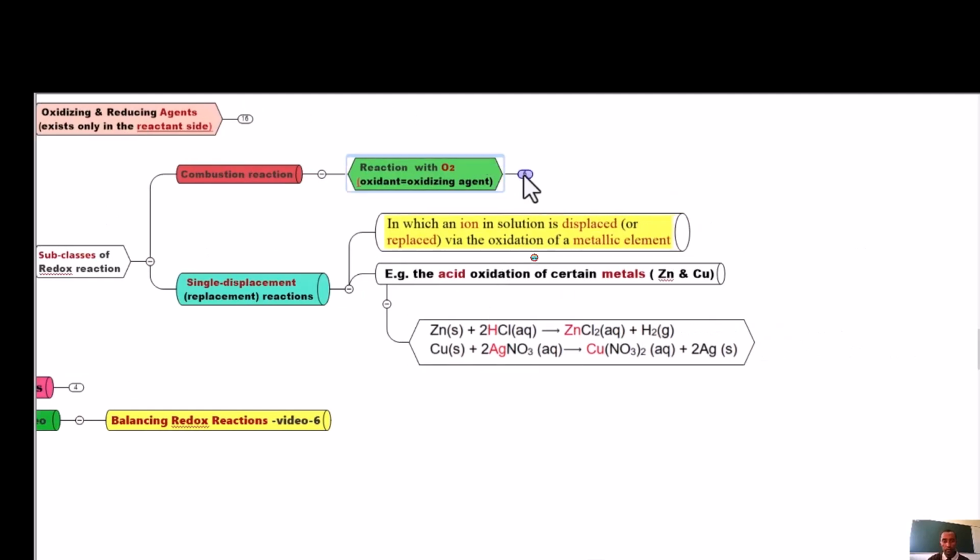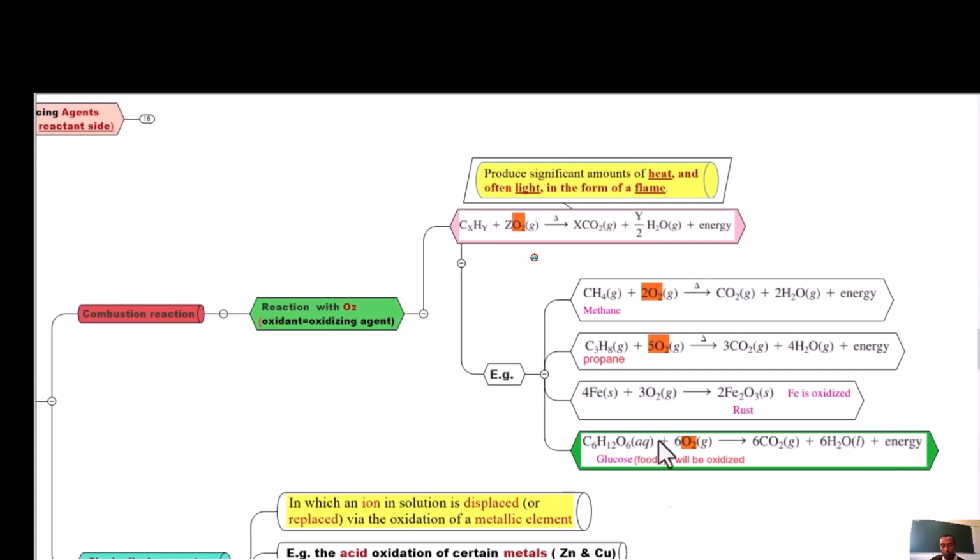Let me explain in more detail the combination reaction. As I have told you, a combination reaction is a reaction that interacts with oxygen and produces heat, often in the form of light, in the form of flame. Generally, any substance that reacts with oxygen is considered a combination reaction. You can take all these examples. These are all examples of combination reactions because the substance reacts with oxygen,